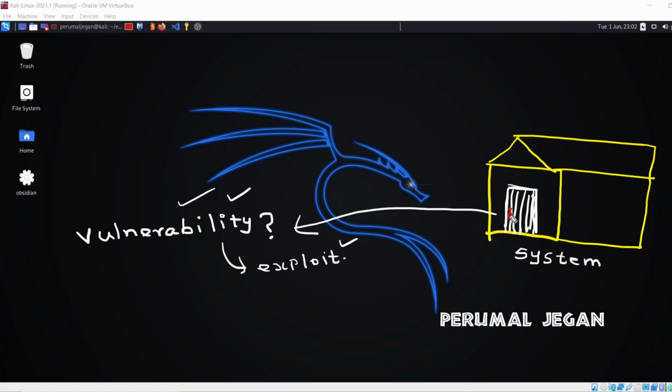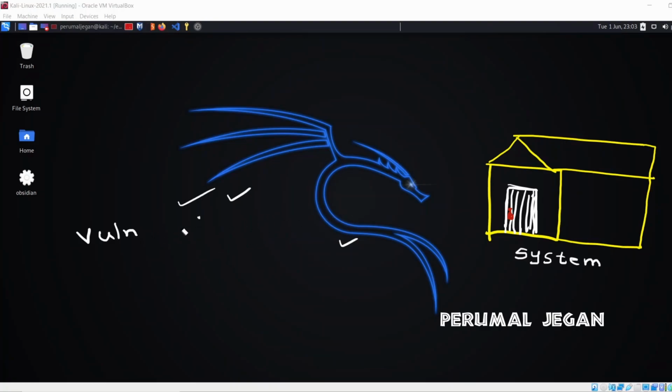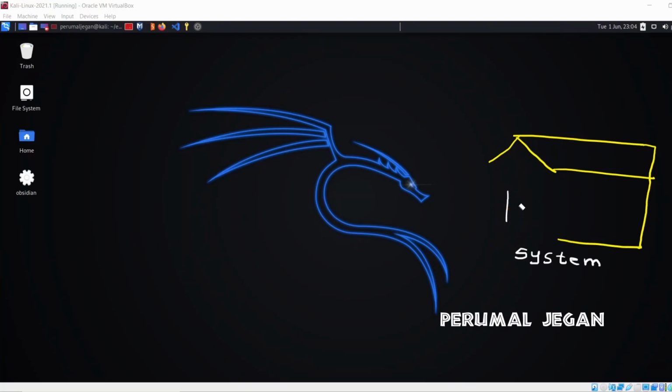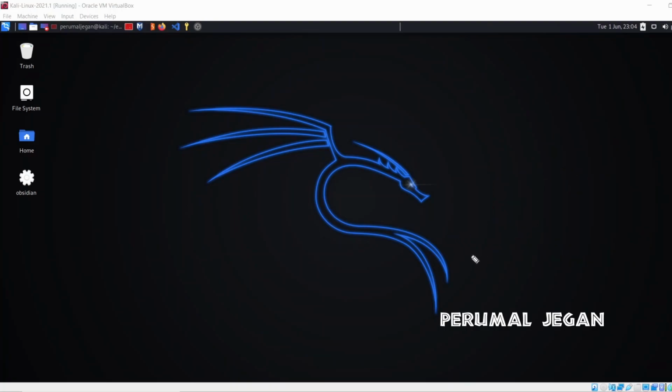You cannot simply use a screwdriver to break a lock. Probably it's a hammer, right? So this is the exploit you are going to use to capitalize on this vulnerability. Again, this is just my point of view. I just keep vulnerabilities and exploits like this in my mind, so I'm just sharing this with you. At the end, it is up to you to keep certain techniques in your mind.